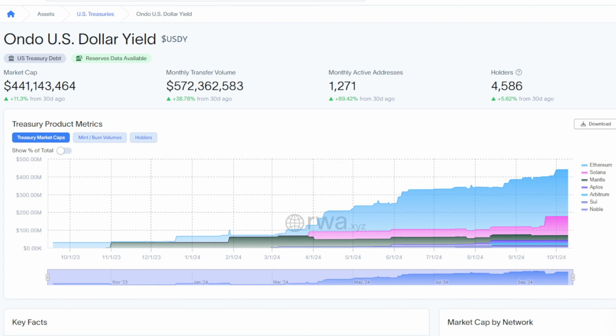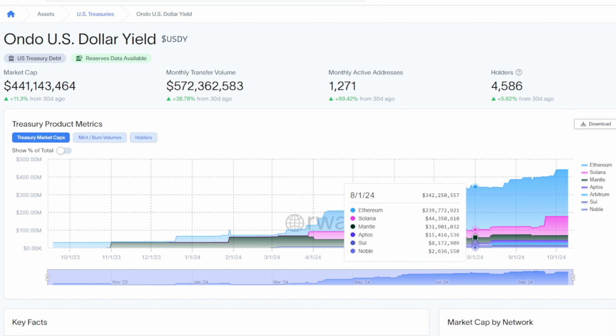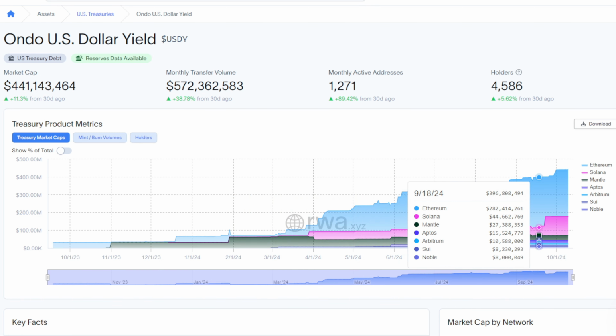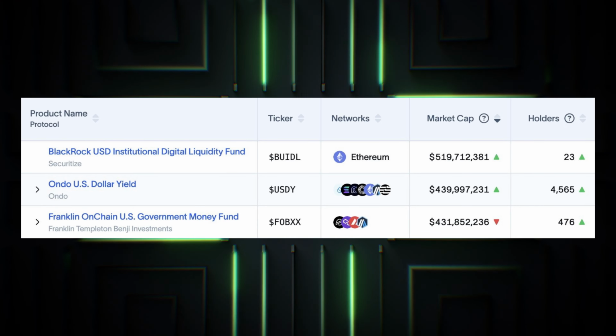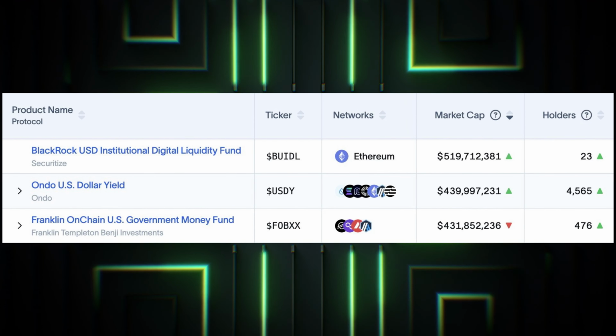Ondo U.S. Dollar Yield, a decentralized lending protocol providing non-US investors with stablecoin-like accessibility while delivering high-quality US dollar-denominated yield. Operates on the Arbitrum network, benefiting from Ethereum's security while achieving higher transaction speeds and lower costs. Recently surpassed Franklin Templeton's FOBXX to become the second largest tokenized US Treasury asset by total value locked, now exceeding